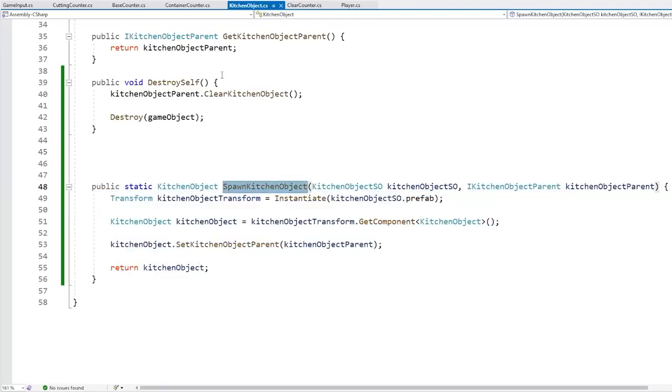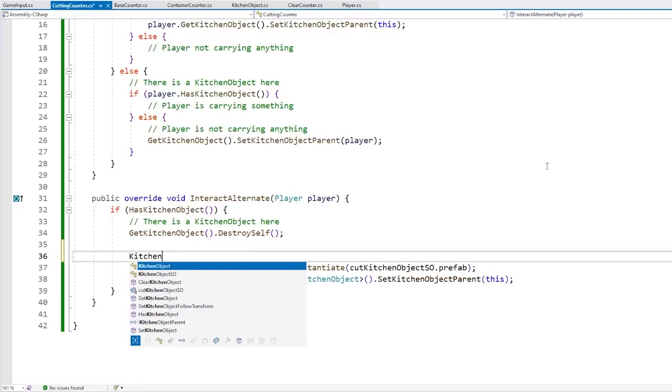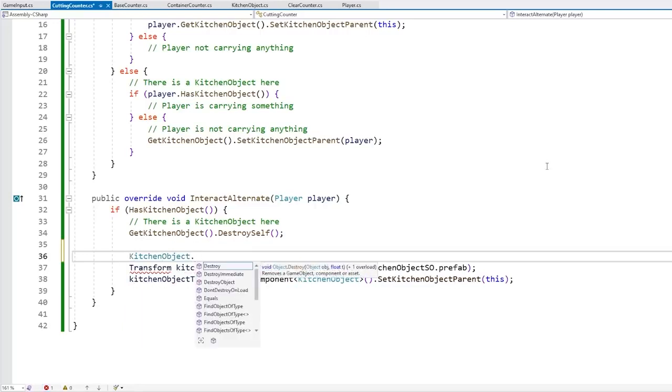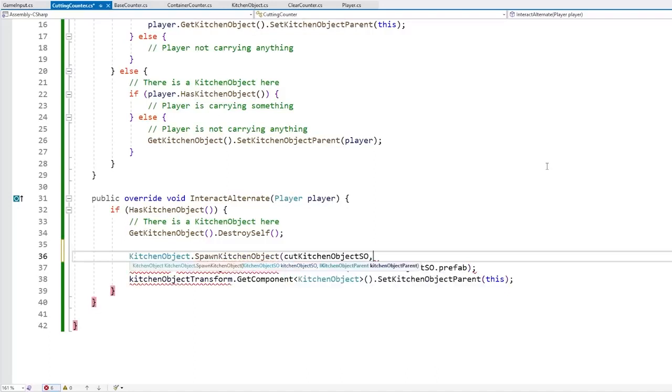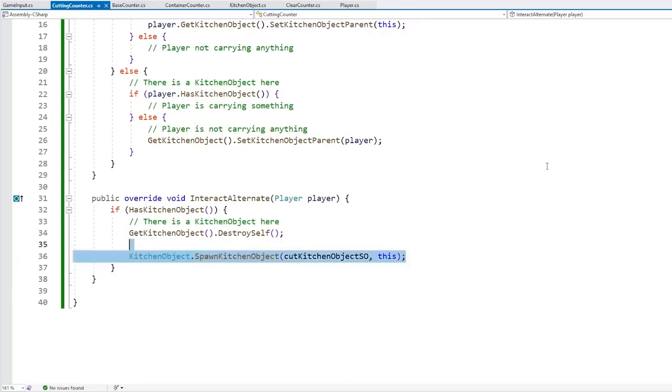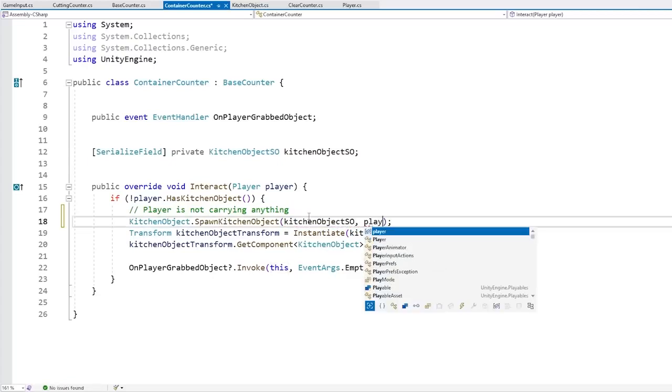So now let's just call this from somewhere. So over here on the cutting counter, instead of doing all this, let's just go into the kitchen object. Again, remember, let's go through the class name itself and not any instance. And over here, let's call the function, pass in the cut kitchen object SO, and for the parent, it's going to be this. Alright, so that is now much simpler. And let's do the same thing over here on the container counter. So if the player is not carrying anything, let's give the player this object and give it to the player,